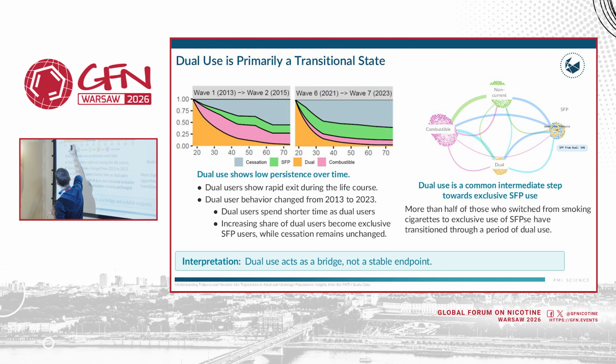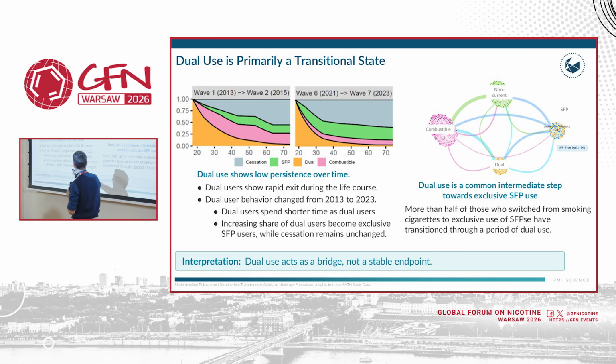So in the first wave, again, how consumer behavior has changed. In the first wave, if you were not a dual user, your first primary decision, or most likely decision at younger adulthood, was to switch back to smoking. Right? The pink area is the fattest in the beginning, while cessation picks up later in the life course. And some dual users have transitioned, of course, to smoke-free products.